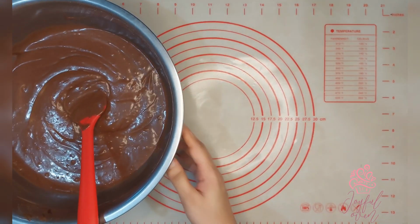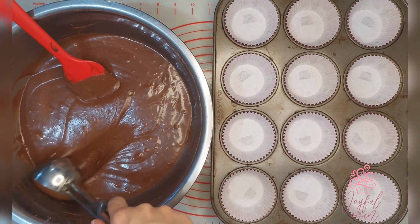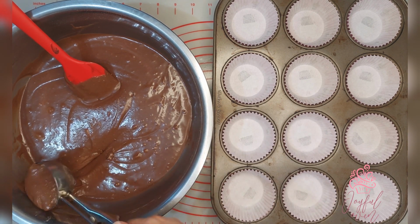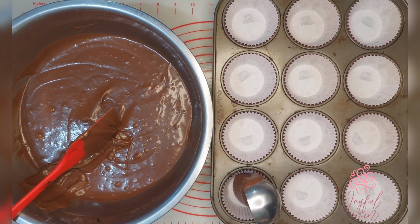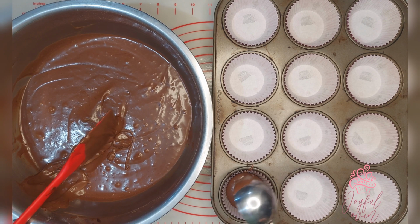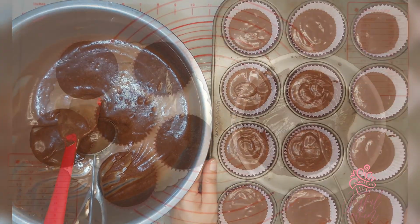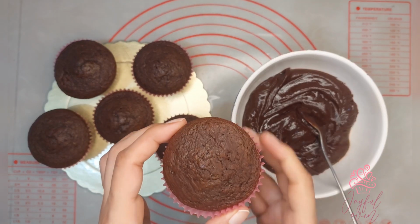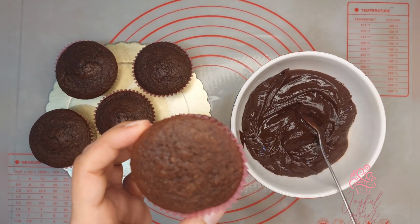Once the batter is ready, using an ice cream scoop or a spoon, fill each cupcake cup 2/3 of the way up with the batter and bake in a preheated oven at 350 degrees for 12 to 15 minutes or until a toothpick inserted comes out clean. Once the cupcakes are finished baking and you've eaten the first one just because they're that good,